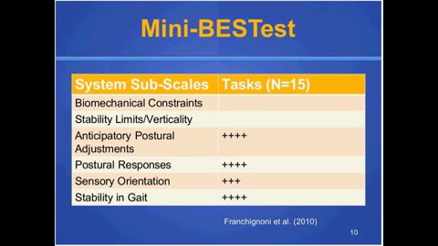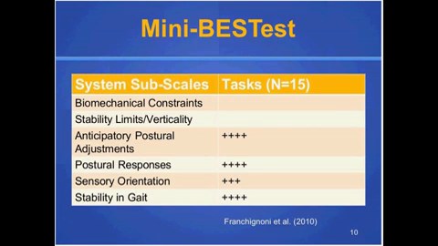Immediately you can see that fewer systems are being developed here, and in fact Franchignoni really biased the choice of tasks based on a dynamic balance construct. So using their rationale analysis, they determined that a set number of activities on the Mini-BESTest were really speaking to dynamic balance impairments. This is only a 15-item test and is done in a much faster time period than